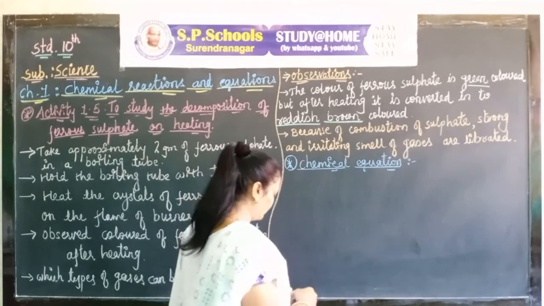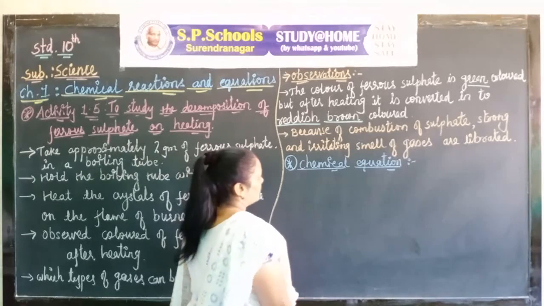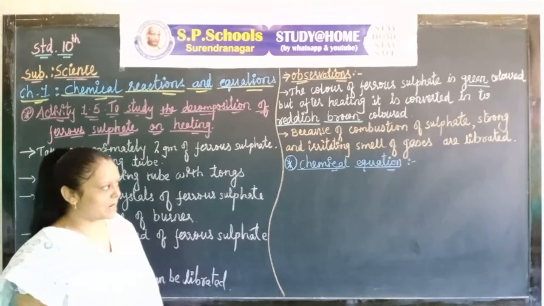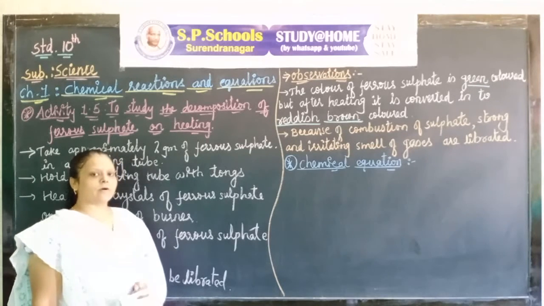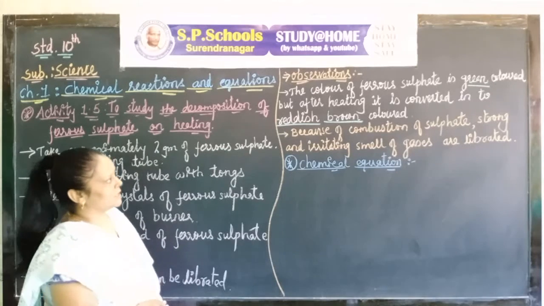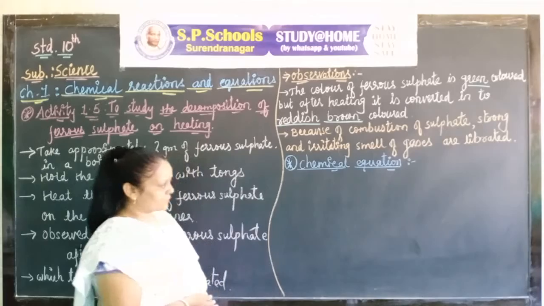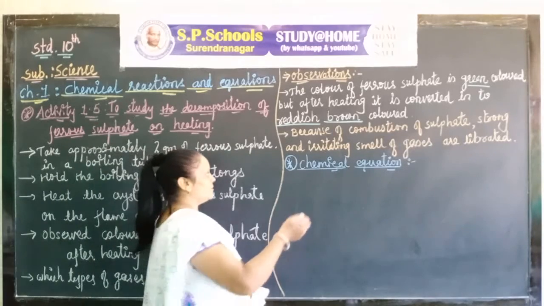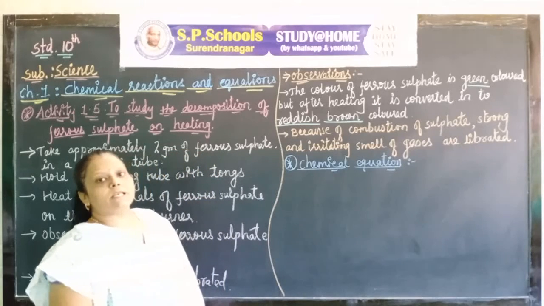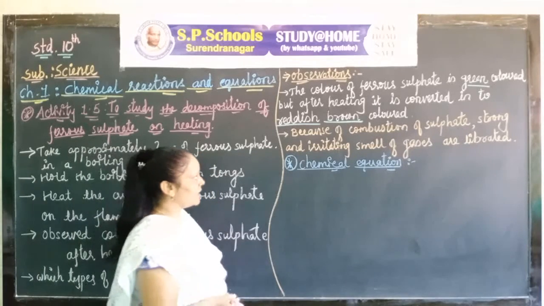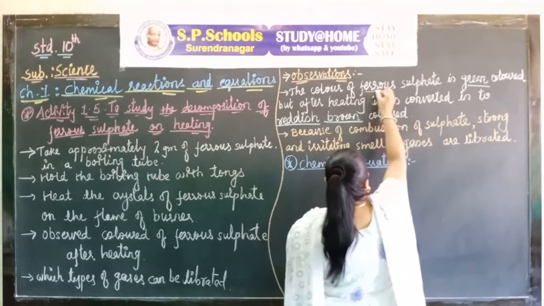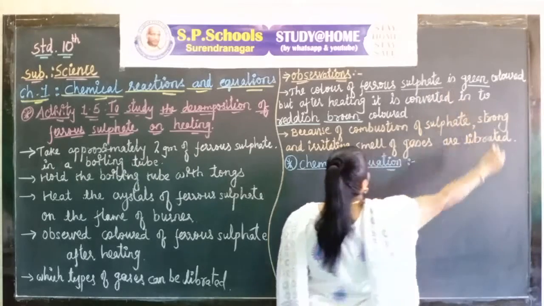Chemical equation, which is to write a complete chemical equation to get full marks. We already know about all the molecular formulas of the substances which will take part in the reaction. So first of all we need to know the molecular formula of ferrous sulfate.